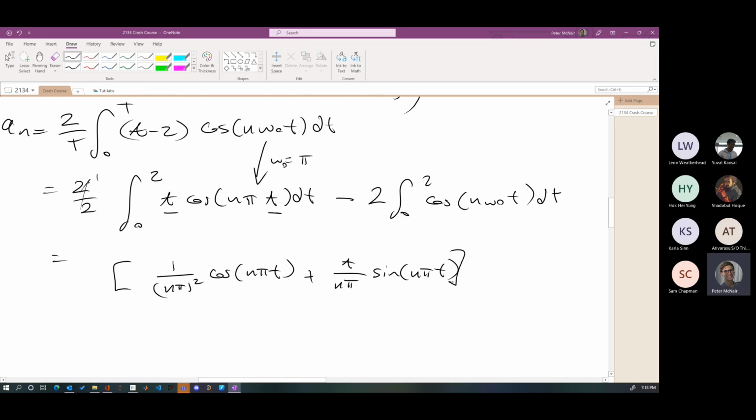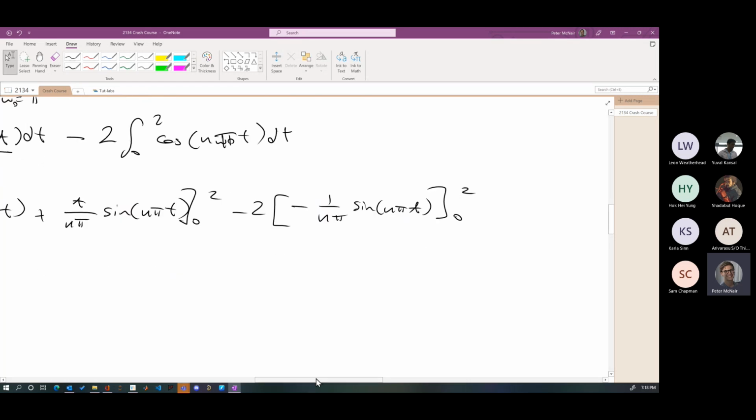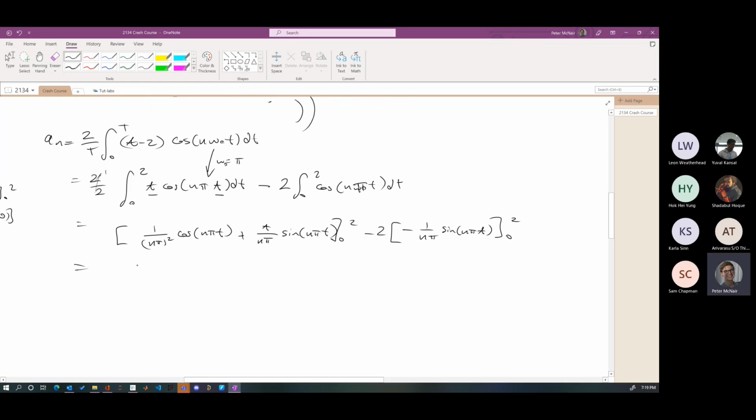And then that's from 0 to 2, and then minus 2 times 1 on n pi, sorry, I should have written pi there, sine of n pi t. If you notice any mistakes, please let me know. From 0 to 2. Continuing on, 1 on n squared pi squared cos